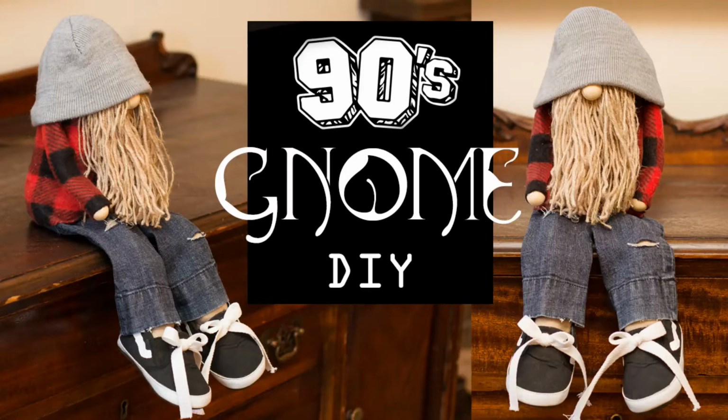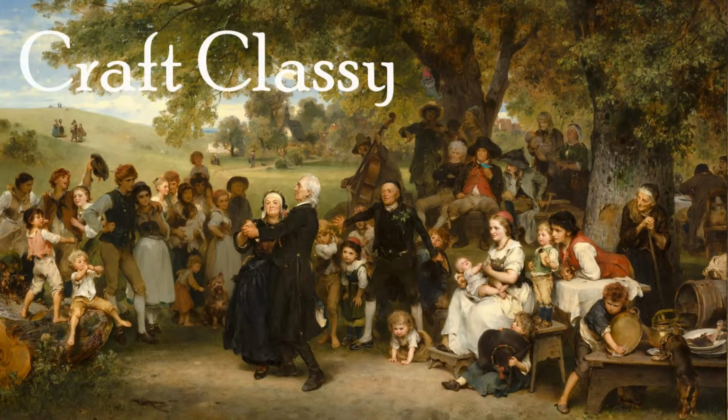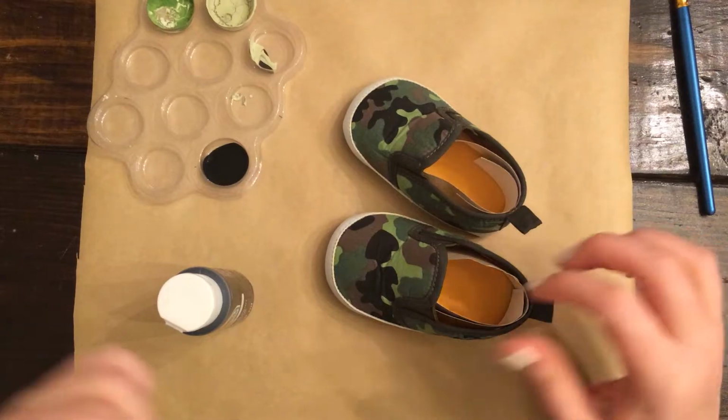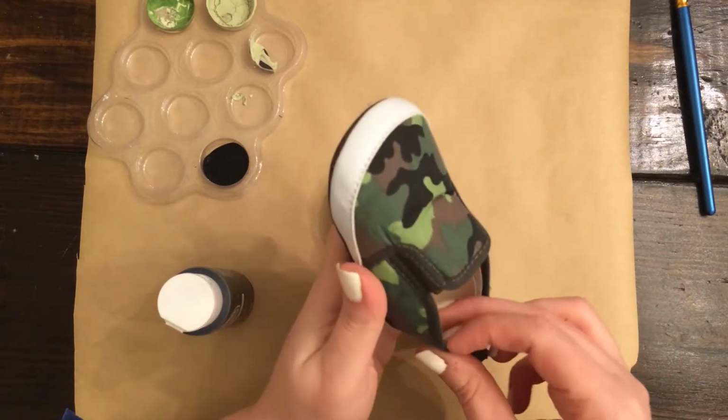Hey guys, today I'm doing a for fun DIY, what I call a 90s gnome. These gnomes are easy to make, so customizable, and even if you don't like gnomes all that much, you can do what I do and make them for fun and give them away to family or friends that want them. A lot of people love gnomes. Let's get started. I've never made a gnome with legs before, so I thought I would give it a try